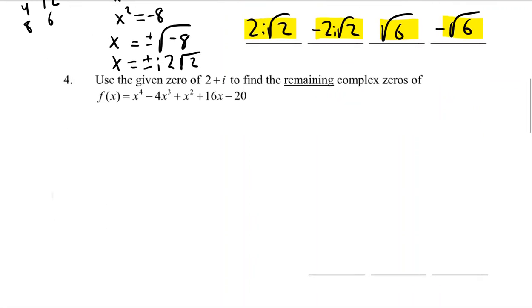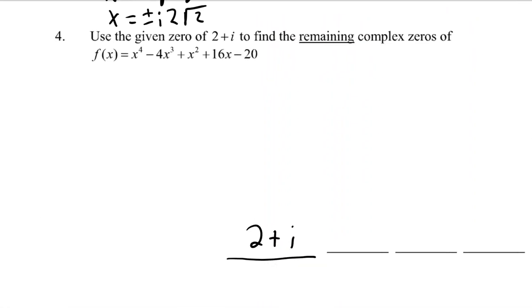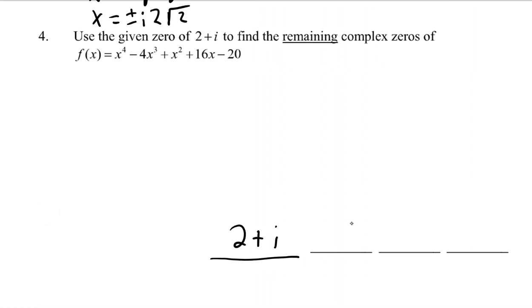Okay, so then let's look at it from another angle. This is a 4th degree, so this should have 4 zeros. So maybe one of these is plus or minus, maybe that's why they made 3 blanks. They tell us this one, and somehow knowing that one, we are supposed to know what the other 3 are without a calculator. So this is definitely one of the more involved questions. The first one should be a gimme,